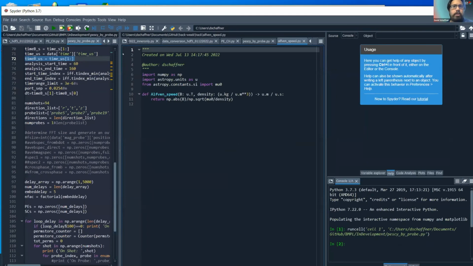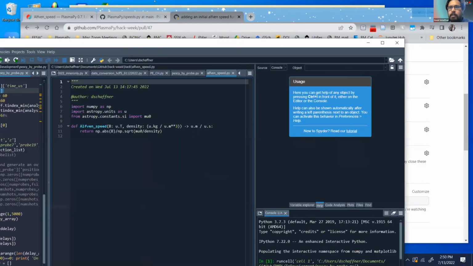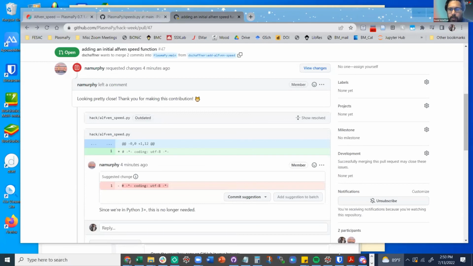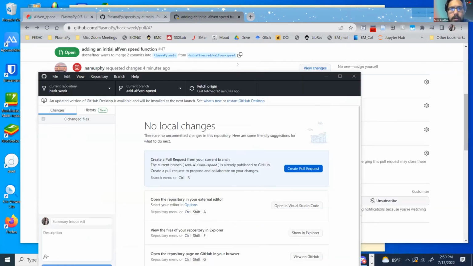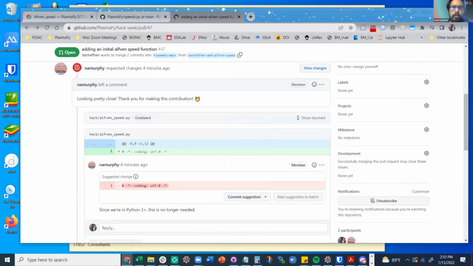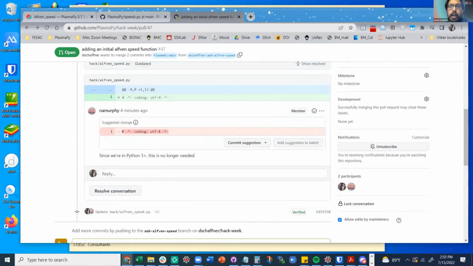Okay, now if I go to where's my GitHub? Okay, so now there is change, or there should be change in a second here. Now that change that I made by committing this, should I go through and just